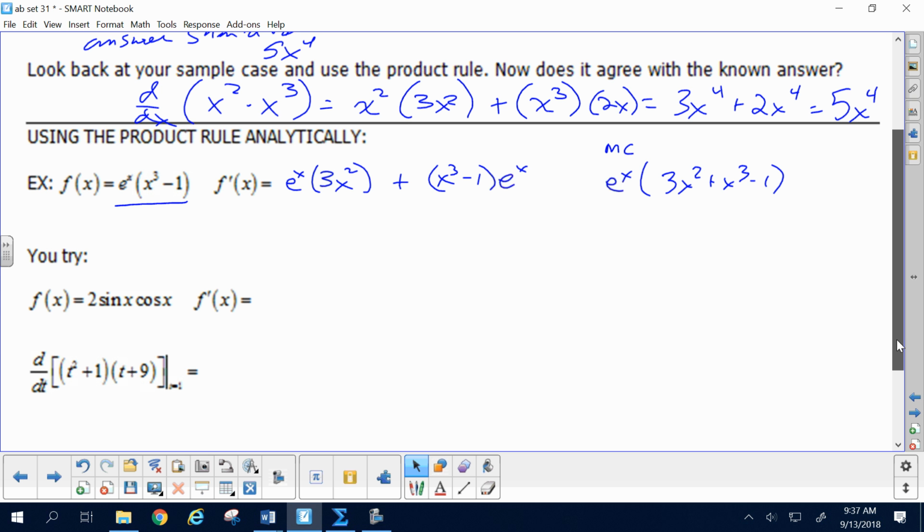And if I take the derivative of products, you can know the product rule is